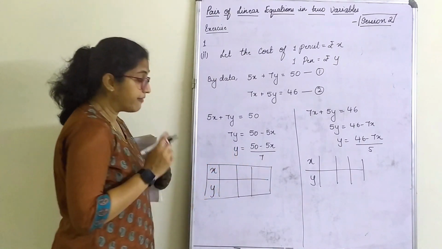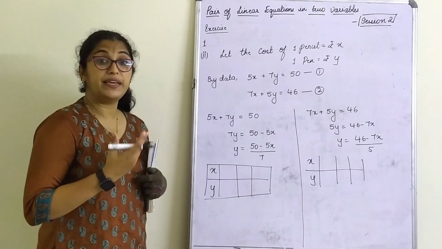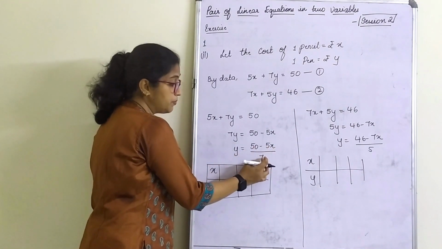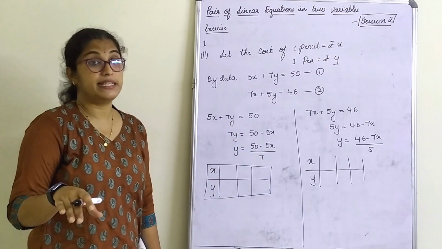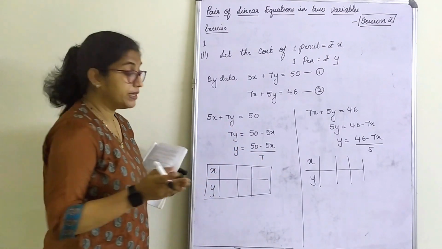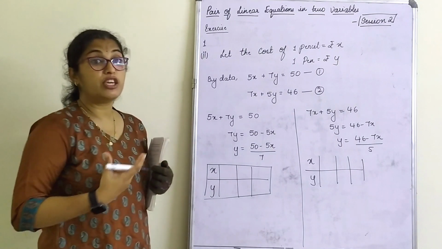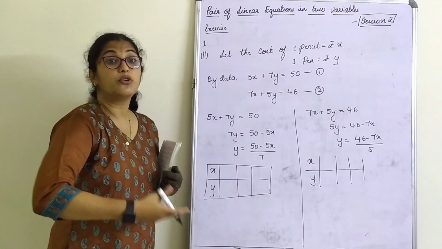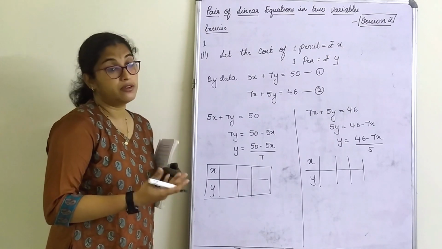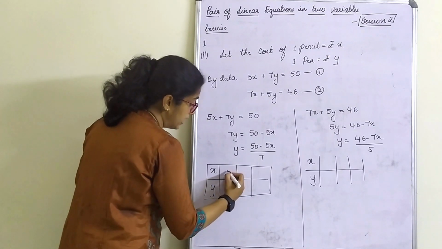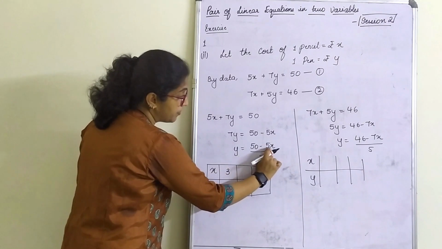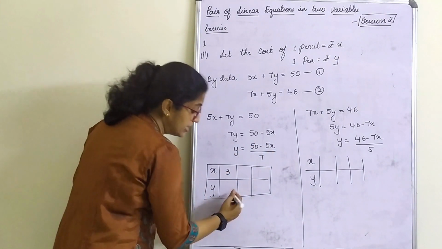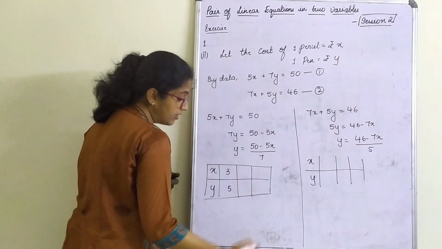See here, take values in such a way that this will be again trial and error method. When you multiply with something, after you subtract with this, that should be divisible by 7. Like that the value should be taken. So I am giving you all the values ready. That means it should be easy for you, but you all try to take some more different values for given sums. First one I take x is equal to 3. 5 3s are 15. 50 minus 15, 35. So 7 5s is 35.